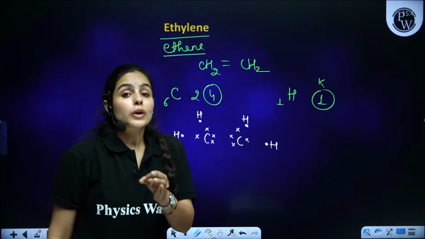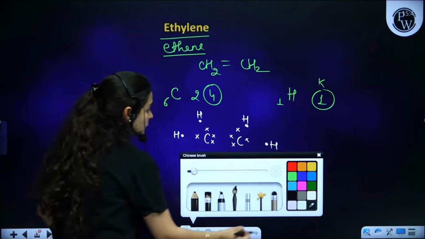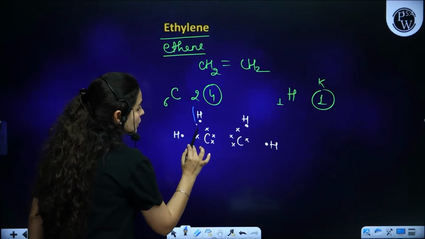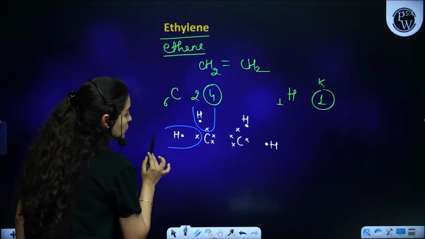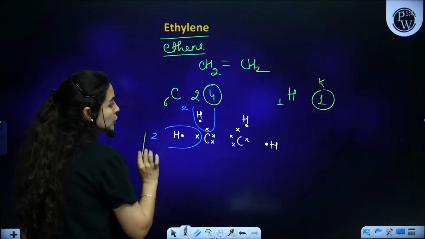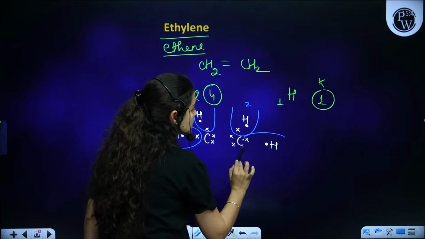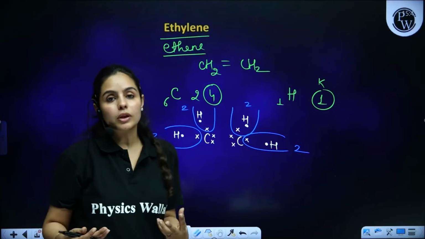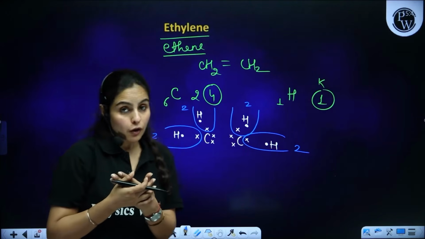Each hydrogen requires 1 more electron to complete the duplet. So let's do it. So this hydrogen requires 1 more. So that's been shared. This hydrogen also requires 1 more. That has been shared. They both have completed their duplet. Same thing happening on this side. Duplet completed. This side, duplet completed. Please show this encircling to showcase the covalent bond or to showcase the sharing of electrons.